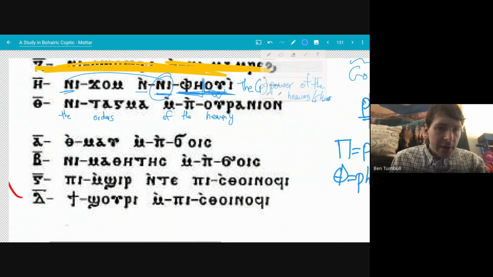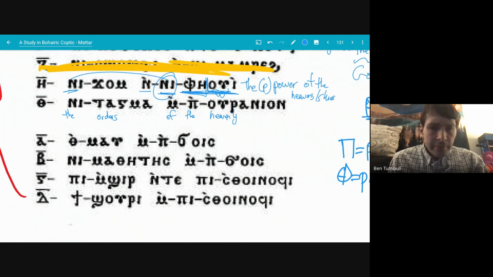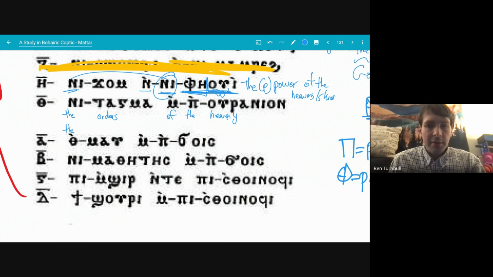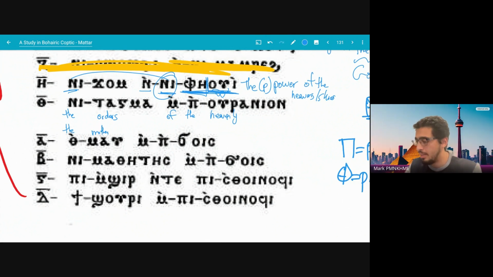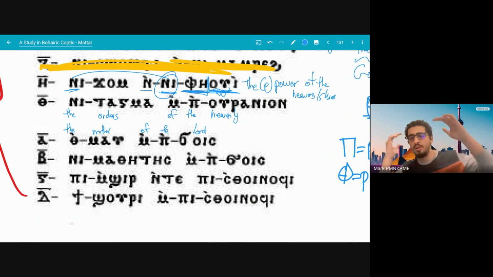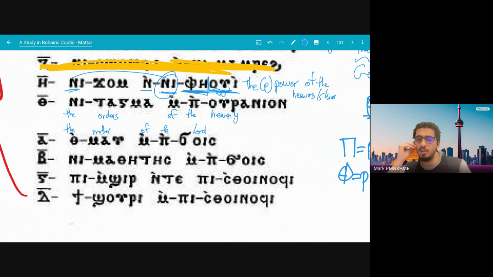So let's see, the mother of, I don't remember what choice is. Choice is Lord. Oh, the Lord, right? Okay, like kurios, but in Coptic. Yes. And then this would be a Lord. This is the word chise, also like high, so chise is elevate someone. So someone who is high. Used to be used as a commander, and then eventually becomes to mean Lord. Great. Okay. All right. Give me one more.